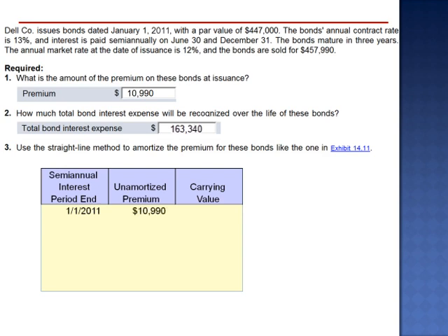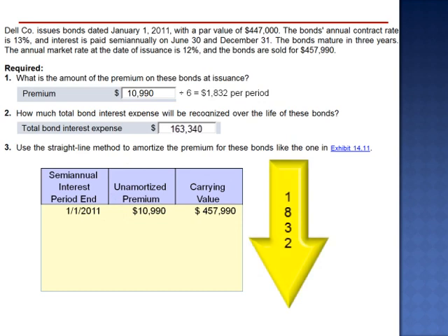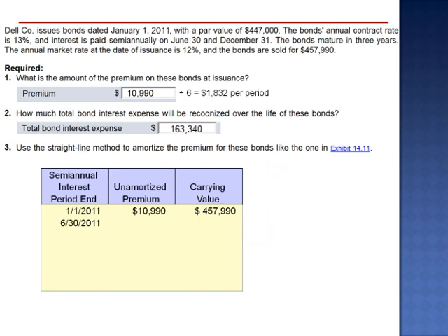The carrying value begins at $457,990. The straight line method takes the $10,990 premium and allocates it evenly over the 6 periods, $1,832 per period. This is the dollar amount of the movement toward the par value. The carrying value of this bond will decrease by $1,832 every 6 months. So at the end of the first semi-annual period, the unamortized premium drops by $1,832 to